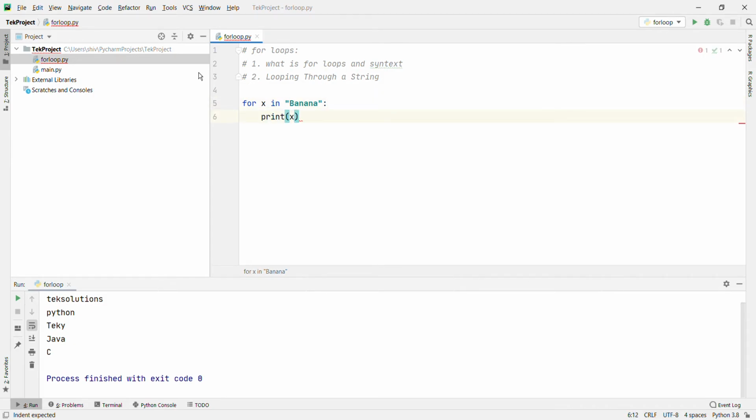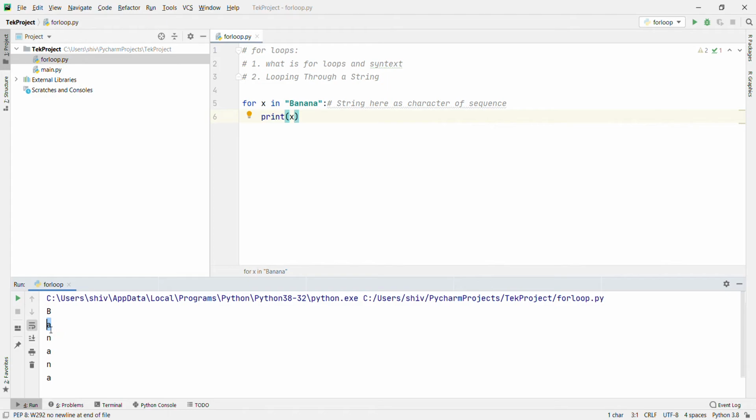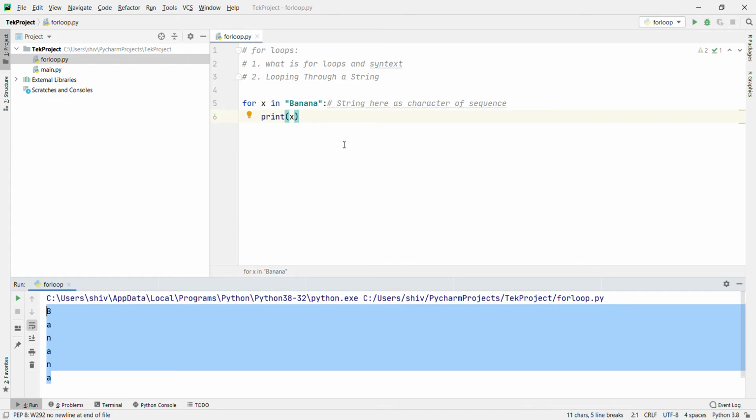What will it print? Banana is a string, but a string is a sequence of characters, right? First it will come as B, then A, then N, then A, then N, then A. Let's run it. B, A, N, A, N, A. That is clear now.